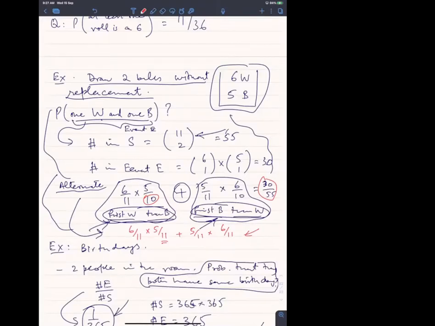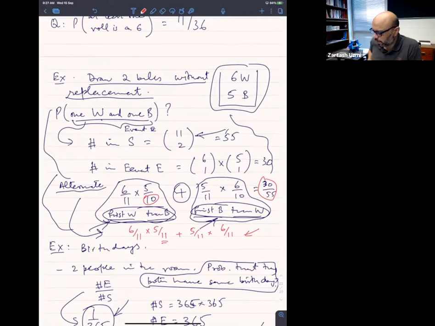सर ये जो अल्टरनेट वाला अभी हमने मेथड किया है बॉल्स के रिलेटेड, इसको सर हम इस तरह भी कर सकते हैं ना कि जैसे हमने फर्स्ट वाइट एंड देन ब्लैक पिक किया है, इसको हम 2 फैक्टोरियल के साथ मल्टीप्लाई कर दें, क्योंकि पिकिंग के 2 डिफरेंट वेज हैं। आई थिंक कि एक वाइट और एक ब्लैक निकाल लें, फिर उनकी रीअरेंजमेंट कर दें, 2 फैक्टोरियल से मल्टीप्लाई कर दें। यस, इन दिस पर्टिकुलर केस आप कर सकते हैं।